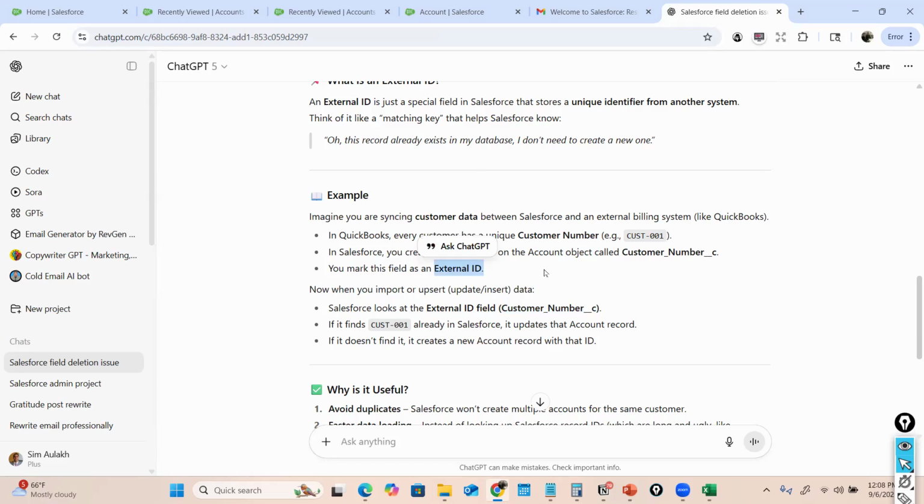Does that make sense? But if you're creating a new record, then it has no connection with the external instance that you're connecting with, right? So you're creating a brand new record. Then how does the external ID have any significance? See,